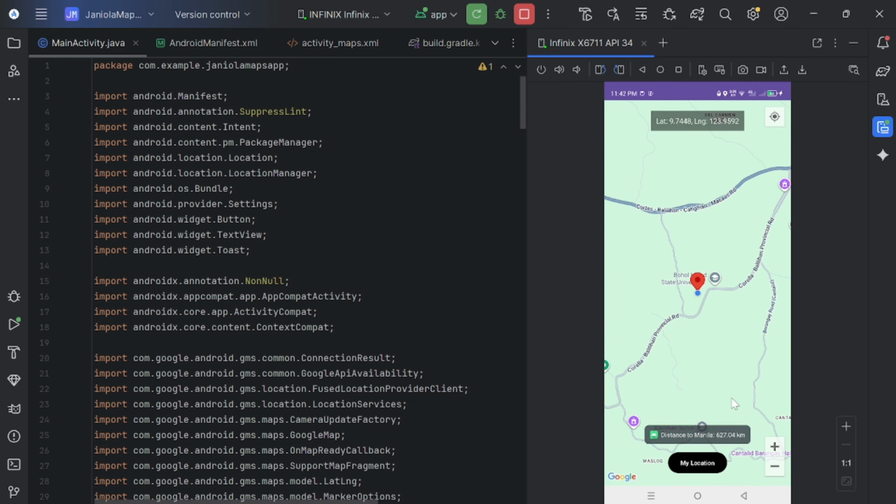And then distance 627.0 kilometers. So you can also see here the calculated distance between the default location and your current location, as I've said earlier. Now, let's go to the video assessment.